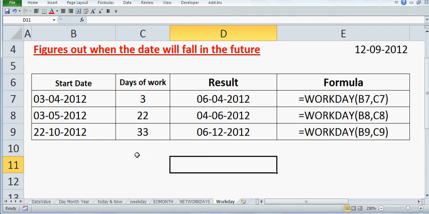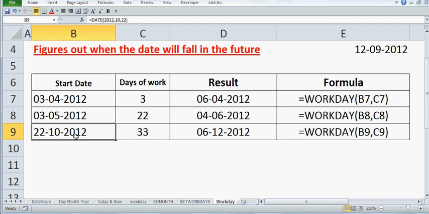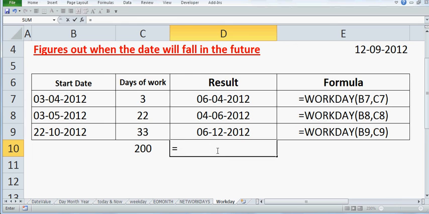Let's assume you have started a project on this date, and you are saying that it may take around 200 days to complete the project. So the estimated date for completion of the project is WORKDAY, start date, days. You can also give an optional component as the number of holidays, like what you did in NETWORKDAYS.